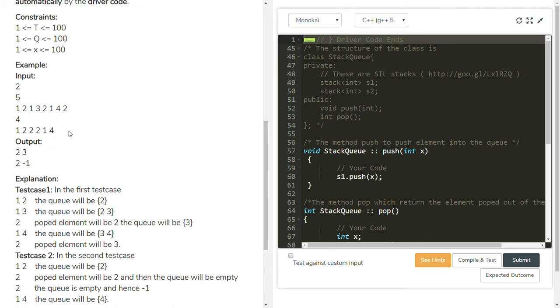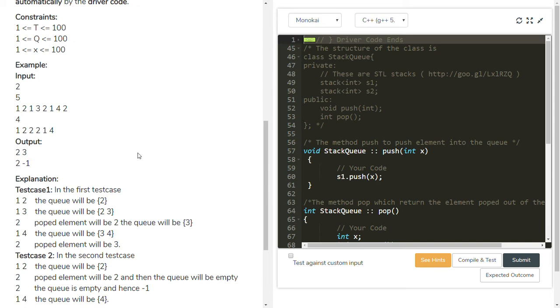So the logic I am using is two stacks behaving like a queue. When the push operation happens, I am just pushing the elements into S1. When a popped element is required, I take one more stack, S2, and pop all elements from S1, pushing them into S2.